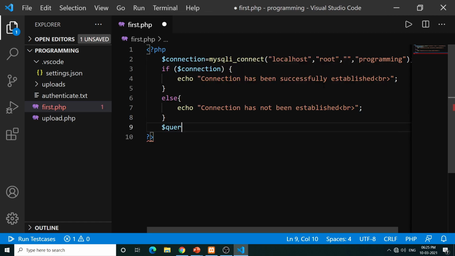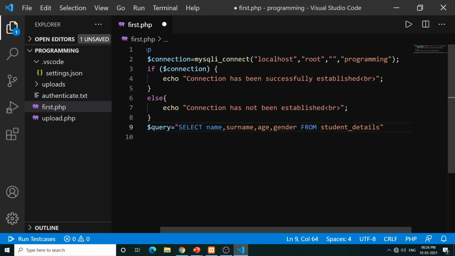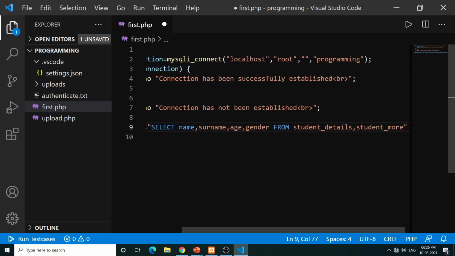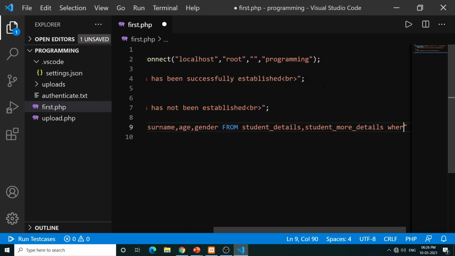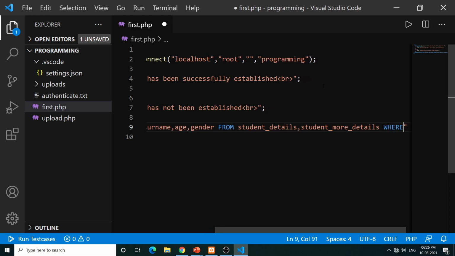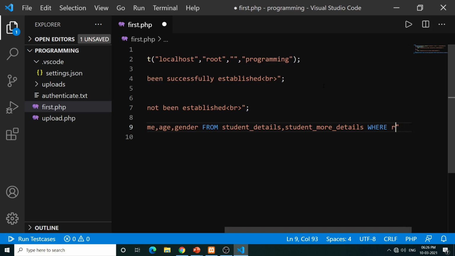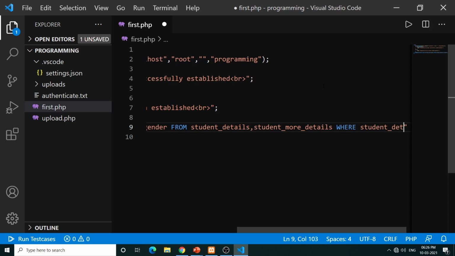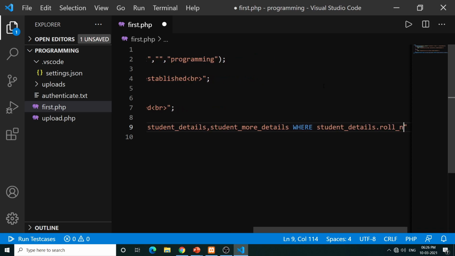Now I will say $query and write my query. I will say select name, surname, age, gender from student_details, student_more_details, where student_details.roll_number is equal to, and here comes our inner query, select